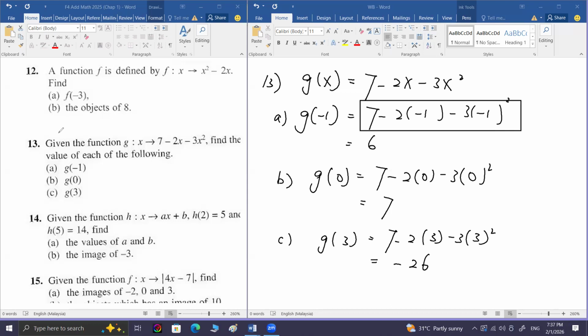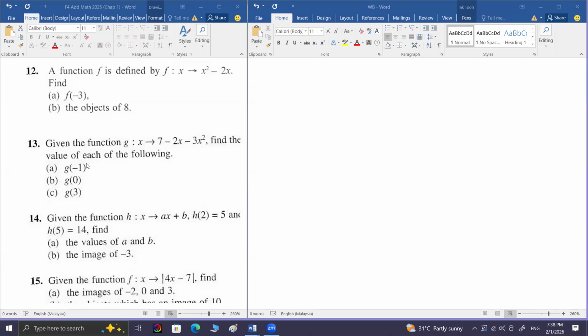6, 7, and -26. So remember, like this type just now, ignore the left side after you substitute the value in the bracket they're given. Okay, class, before I continue the following questions, I look at my screen here. Any function that is given,